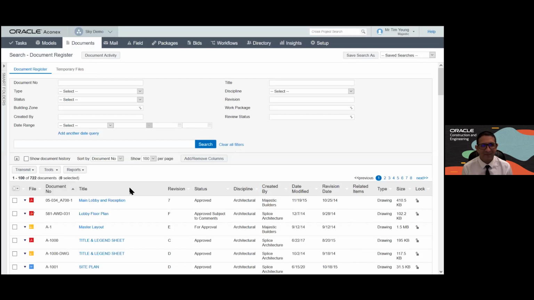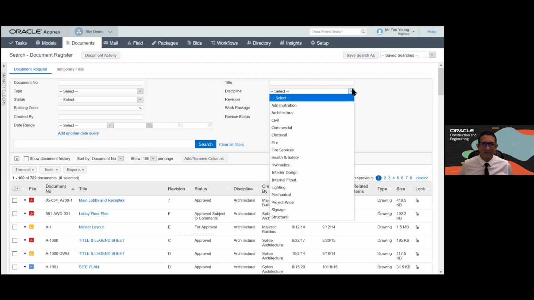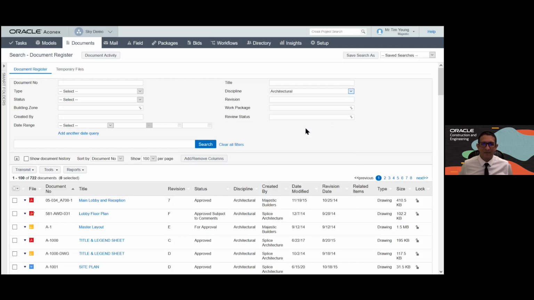So what you'll notice here very quickly is that we don't have a folder structure. A folder structure is very difficult for retrieving information. Putting information in is not difficult, but retrieving information from a folder structure is very difficult. So what we have here is a tag-based system. So I can come here and look at the various disciplines. So let's say I've got an architectural discipline. All the documents that are related to architectural, the system brings them down from 700 documents to 208